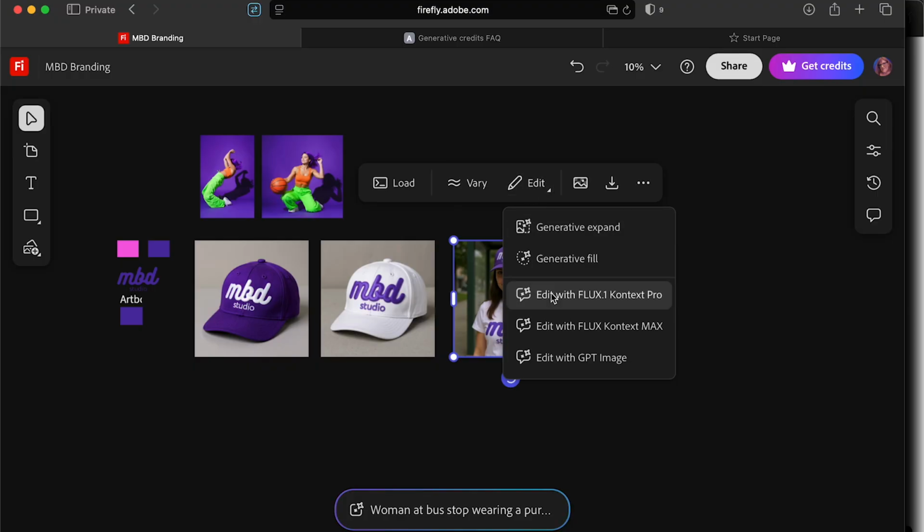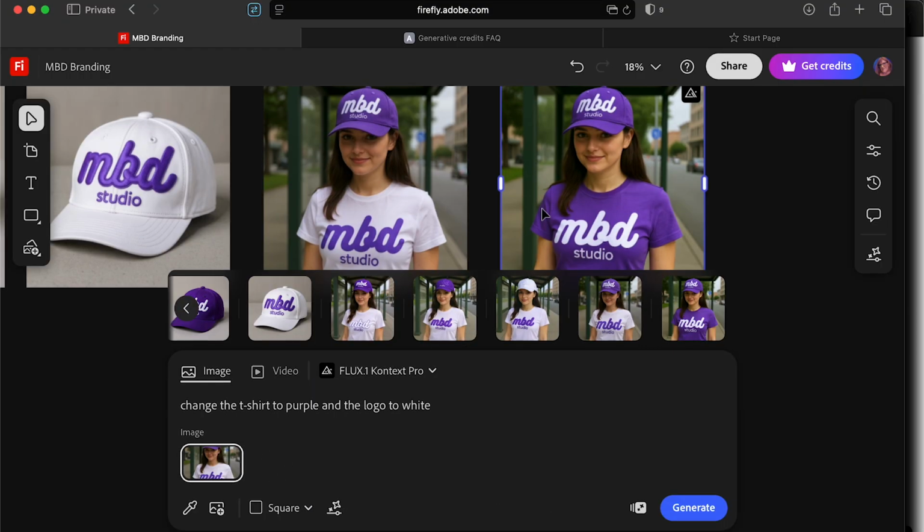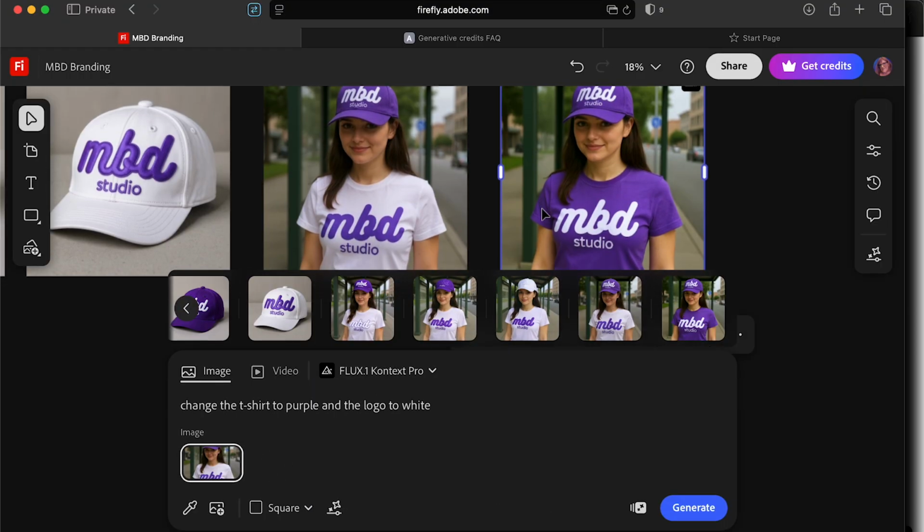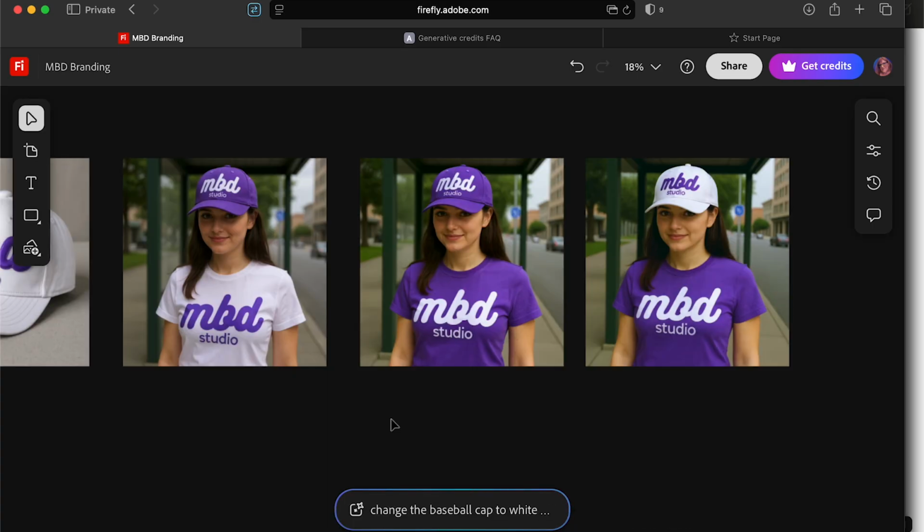I'm going to hit Edit and Context Pro again. So I feel like that's a little too much purple, so I'm going to change it again. So you can see how this can help you generate new ideas. So I also think this will be great for showing to any stakeholders what the t-shirt and the baseball cap